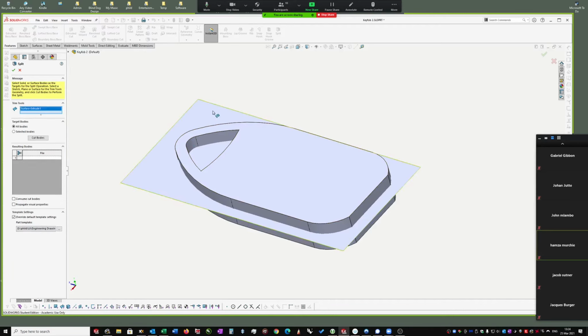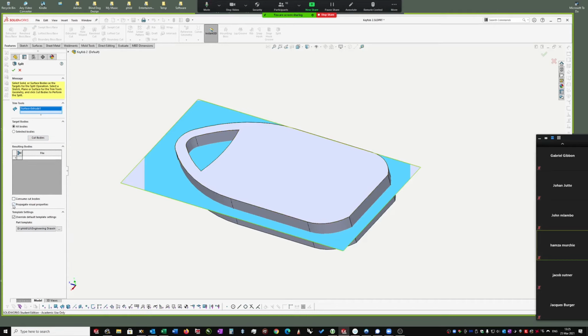But a plane has got directionality, it goes from left to right or whatever it does. You can also use a complex curve as a splitting surface as well, so that goes in more than one direction. So once you've got that, you can cut the body, but before that, just decide, do you want to consume the cut bodies, in which case it'll delete the original body and only leave the other two behind, or